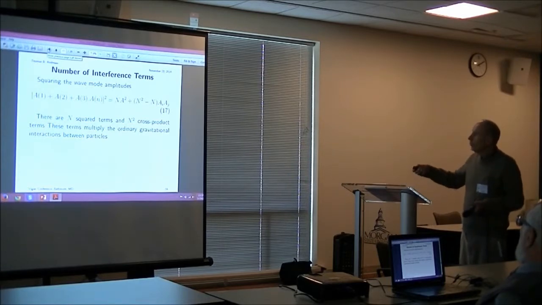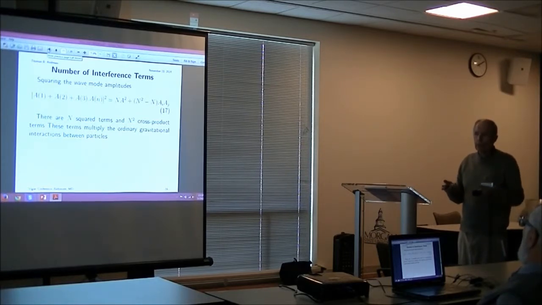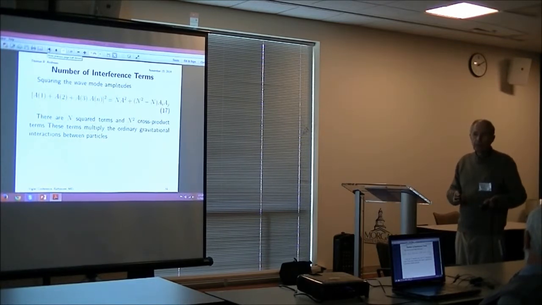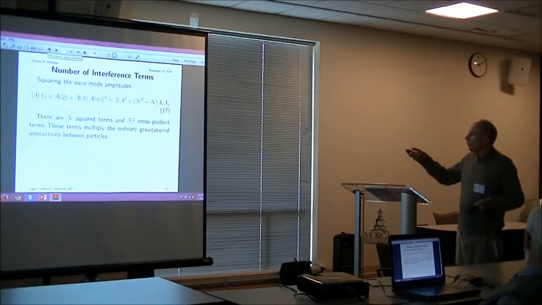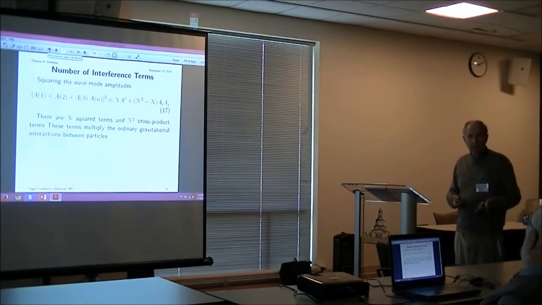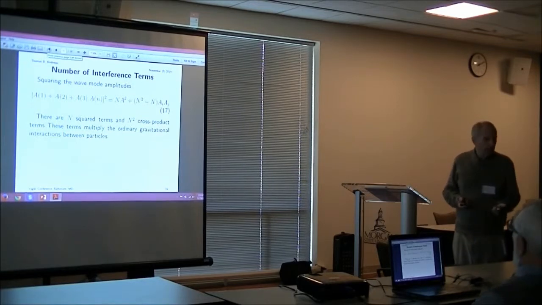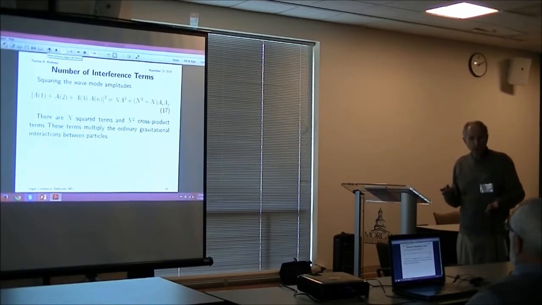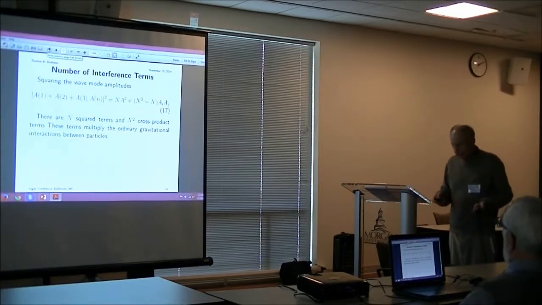You have the cross product terms, and there are 10 to the 160th terms there. Now, what this leads to is, in the universe, you have three different forces. The ordinary gravitational force, which is very small. Then you have another force which gives you the elementary particles, which is 10 to the 80th times stronger. And then finally, for the cross terms here, you have a force which is 10 to the 160 times stronger than the gravitational force. You have these three forces that occur in the universe.